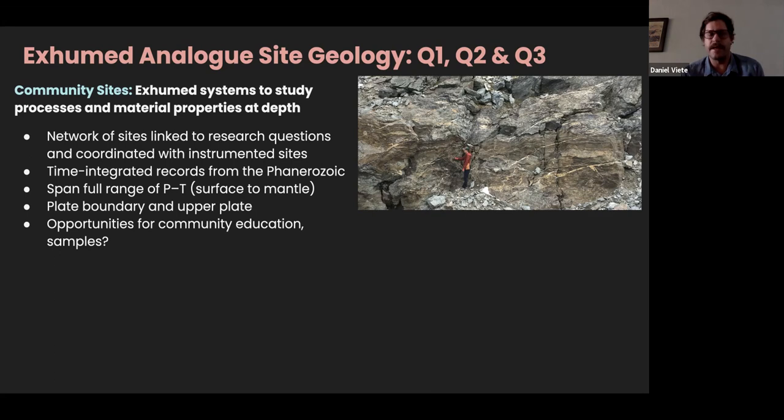And what we're looking at in this case is time integrated records from the Phanerozoic that are exhumed, from which we can extract information about the processes that occur at depth. We will look to span the full range of pressure temperature conditions that occur in subduction zones from the surface to the mantle. And we'll look at both the plate boundary, the interface region, and the upper plate. And with these activities are opportunities for community education and, of course, to generate samples for experimental work,